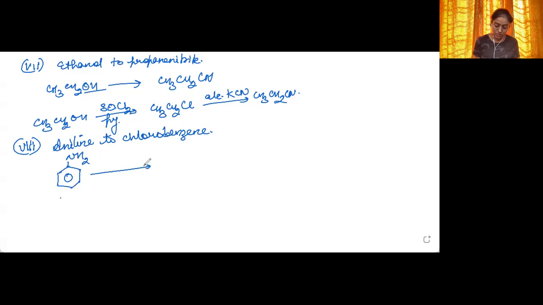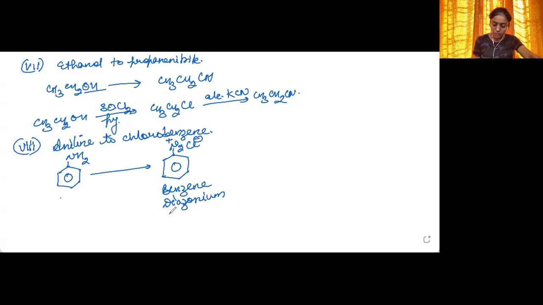Now, what is diazotization? We will be converting this aniline into benzene diazonium chloride. I'm just clearing this off so that it does not create any mess here. So here it is, N2Cl, N2 positive and Cl negative. So this is benzene diazonium chloride.